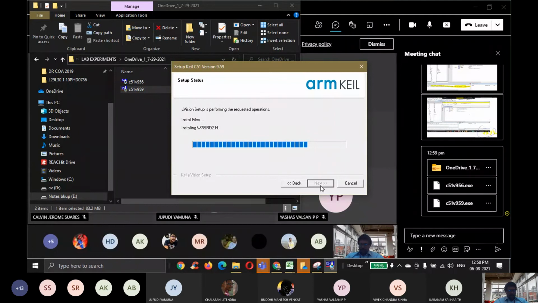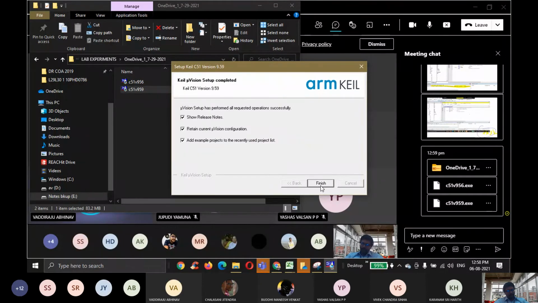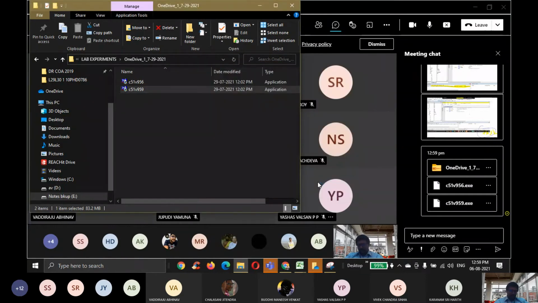Those who already installed and know the procedure can leave. Only those who are not able to install, you can observe how I am installing. It will ask for release notes, everything, finish. So this is the way to install the software.